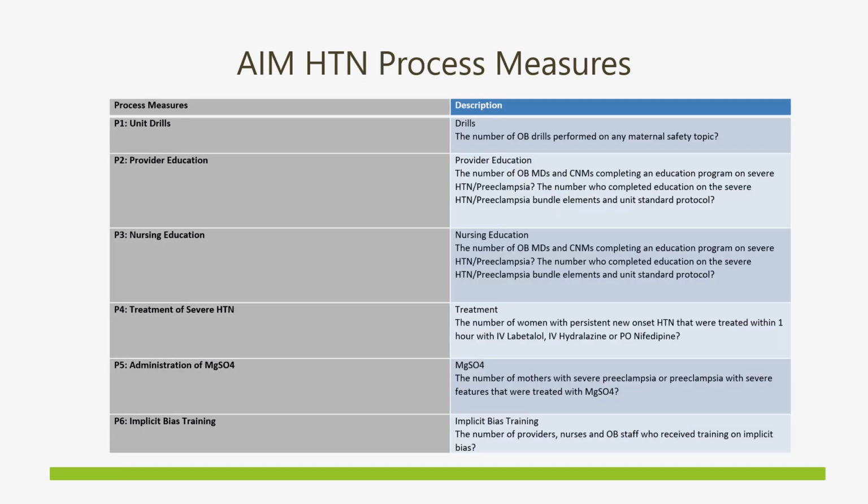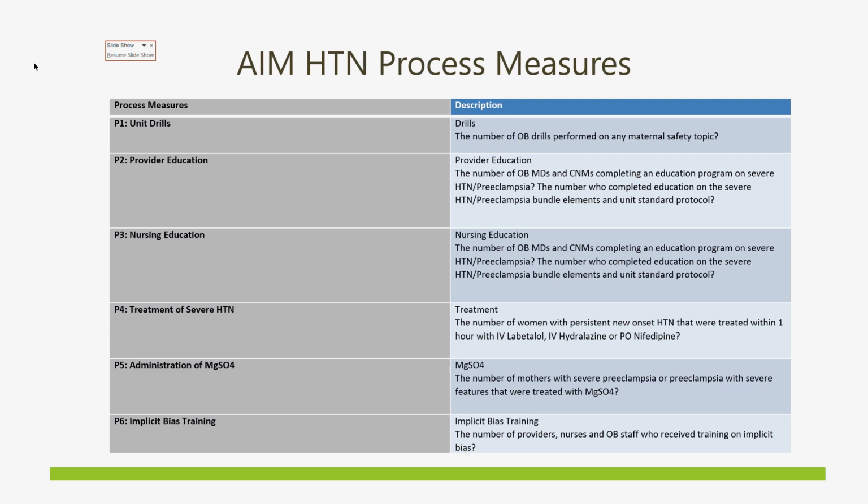Okay, go to the next one, Terrell, please. Okay. So for the process measures, we're at the end of our first cycle of reporting for the hypertension bundle. So for the period of July 1st through October the 31st, for both the structure measures that I just went through and the process measures that are here now, you'll report on those by the end of October to Terrell here in the office. And so the exception to that on this set of measures is P4 and P5.